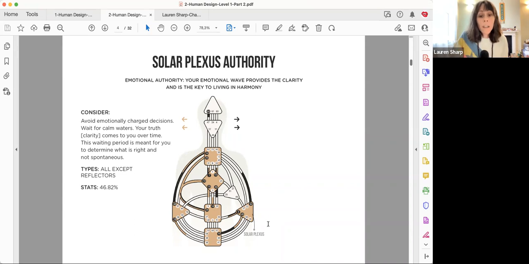If you look at this chart, everything in the head here and the ajna, it all makes sense. You're thinking about it, it's all logical, but it's not what you feel, right? What your feelings are saying and what your mind is saying are two different things. So who do you trust? You trust how you feel. Even if you're thinking, oh my word, this doesn't make sense because I really like this person and I feel like there's something going on and I feel like this is a good opportunity, but everything inside of my feelings is telling me it's not. What do you trust? So it's about that. It's about getting that back into that trust.